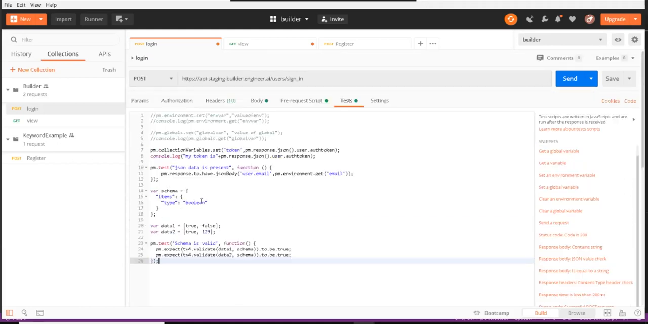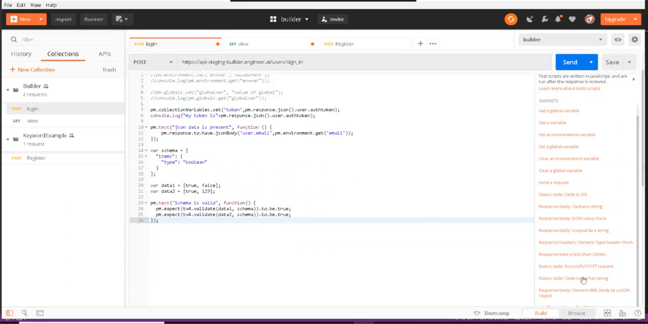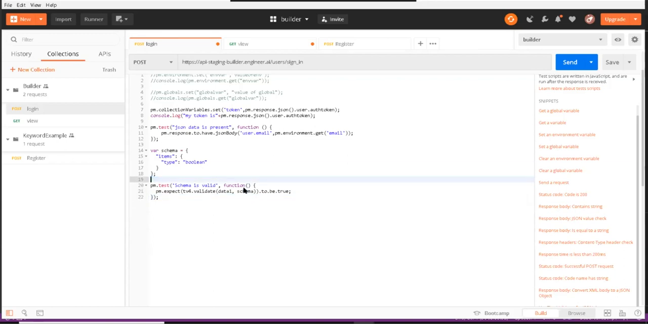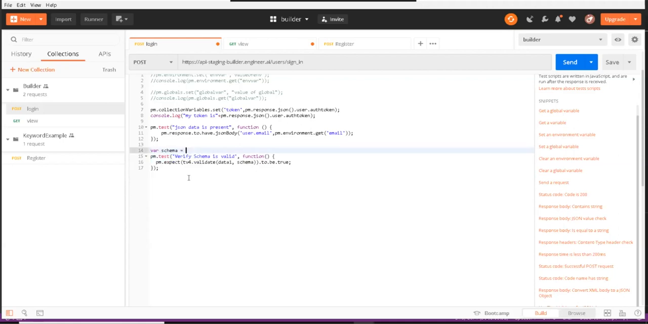That's how you can verify the data. When you insert the script, you would see this. Here we don't need this, and we also don't need this, because we will be verifying data from the response. And you can say verify schema is valid. Now we have to supply a schema here, right? So this schema won't work. For us, the schema would be